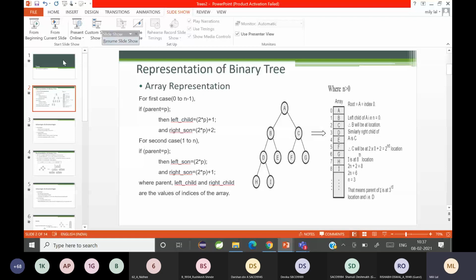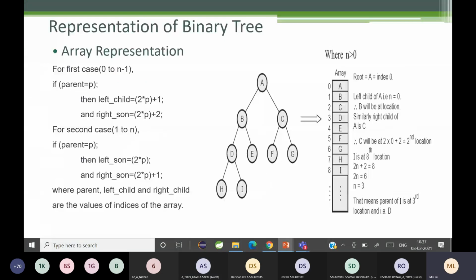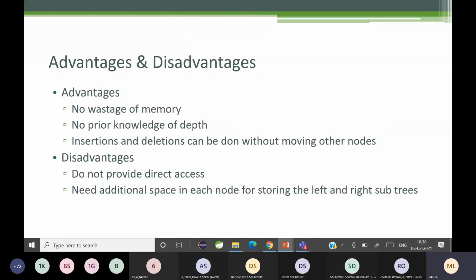Direct access to any of the nodes which is required to access. Okay. Yes, correct. And disadvantage? As array is static, so there is wastage of memory. Good. And what about the advantage of using a linked list? As it is dynamic, so there is no wastage of memory. Okay. And yes, so we had covered all that.